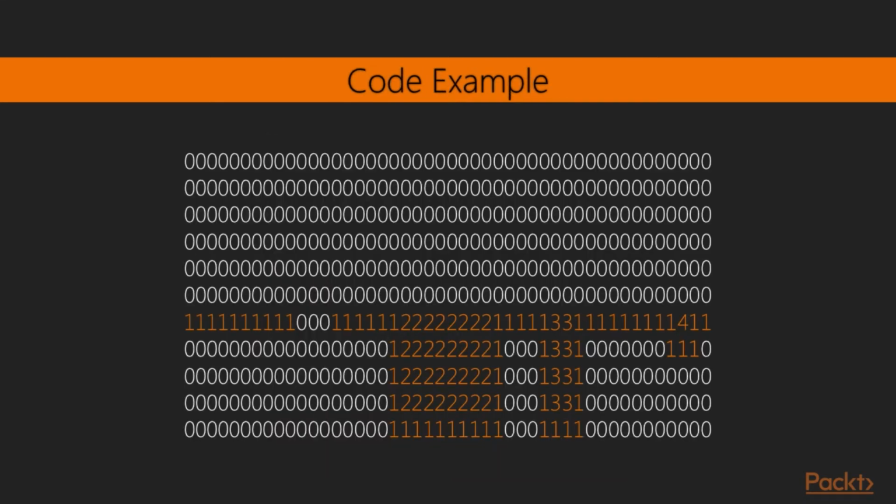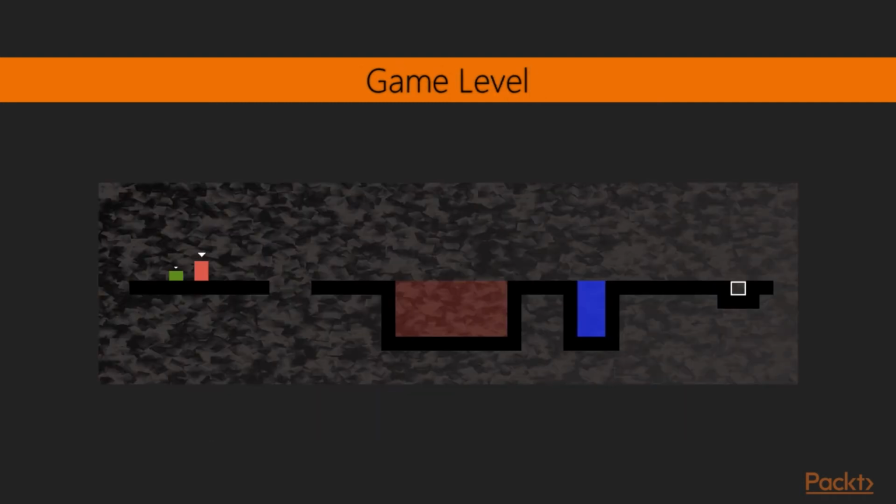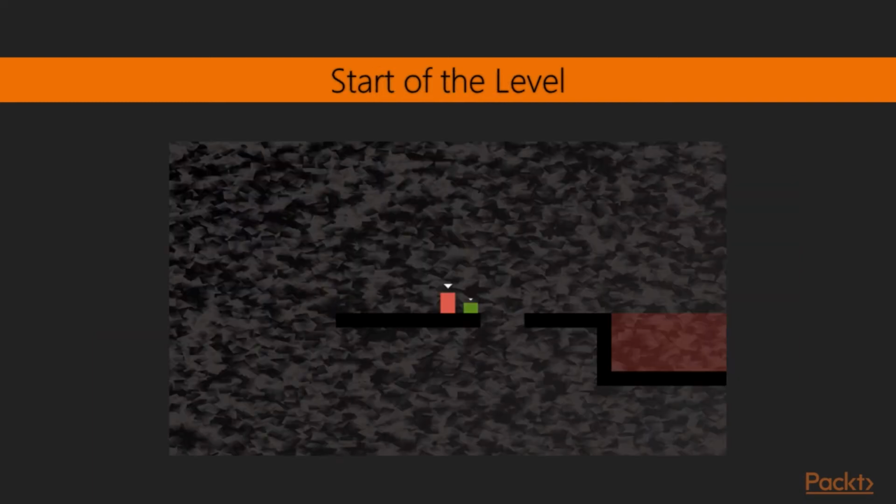We will enter combinations of these tile numbers into text files to design the layouts. Here's an example that will help. This code translates to the level layout shown here. Note that to get the view shown, I had to zoom out the view. Also, the image is cropped. The actual start of the level would look like this. The first point of showing you these images is twofold. Firstly, you can see how you can quickly construct level designs using a simple and free text editor.